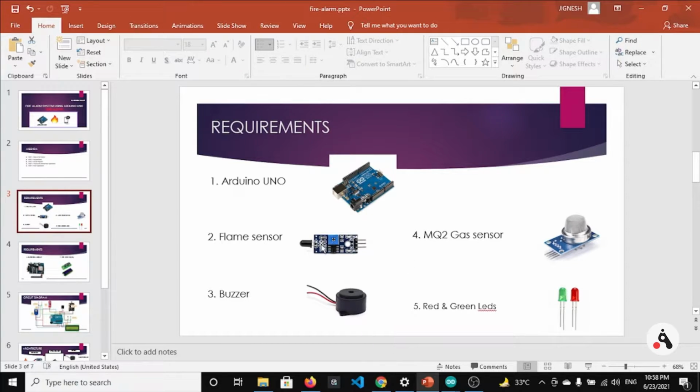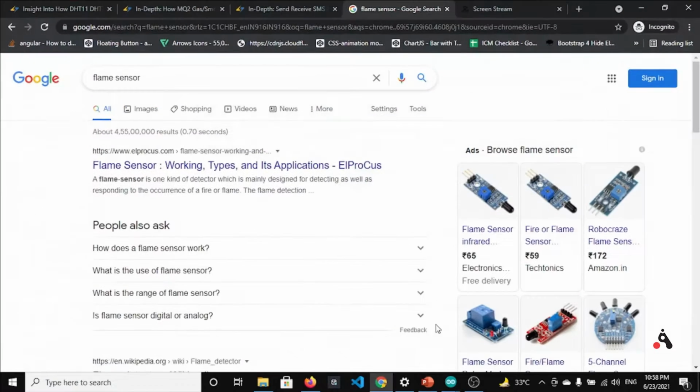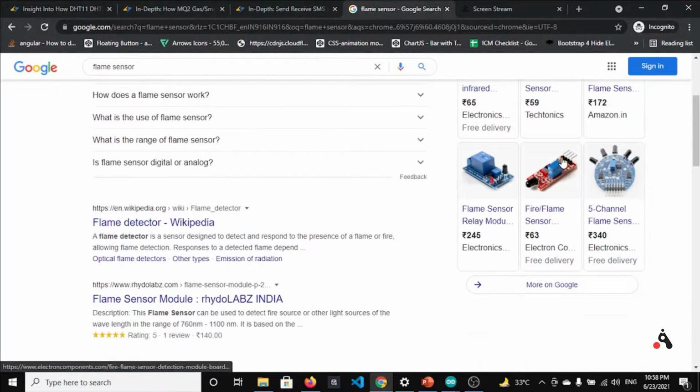This is how the flame sensor works. Apart from that, we also have a 4-pin flame sensor, in which we can also get an analog value, and this will be more useful in this project because it will be more accurate if we get analog data from the flame sensor.